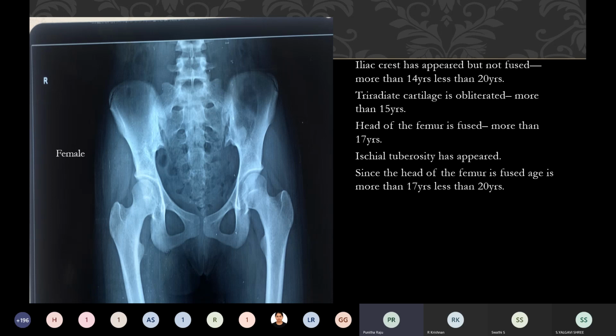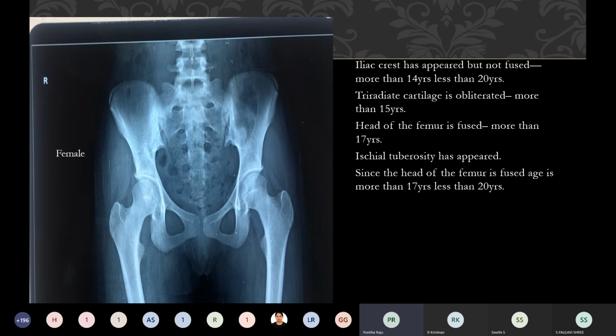Okay, and the ischial tuberosity is very clearly seen in this X-ray. You can see a small protuberance at the ischial tuberosity. If you are not able to appreciate it in this X-ray, once you come to the college, we will show you how the ischial tuberosity appears. On the right hip bone, you can see some irregular margin. That is the appearance of the ischial tuberosity.